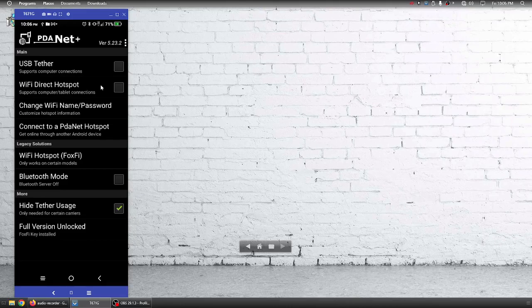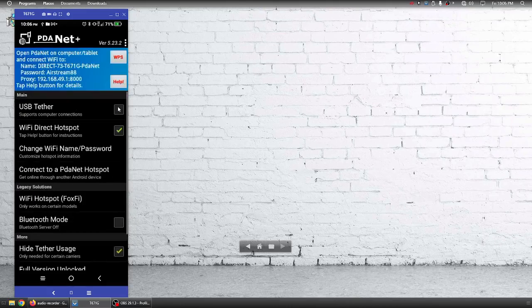So if you go on your computer and you select Wi-Fi direct hotspot, just like we just did, it's going to give the name of the network, it's going to give the password, it's going to give the proxy. Okay, now in order to use this, you can use this on other Android phones and on other computers,